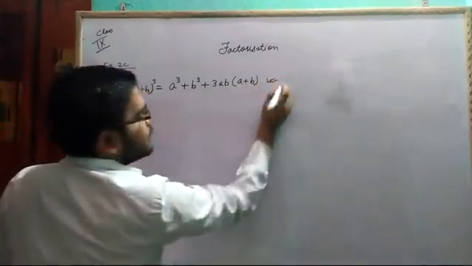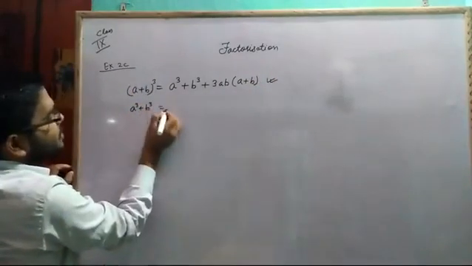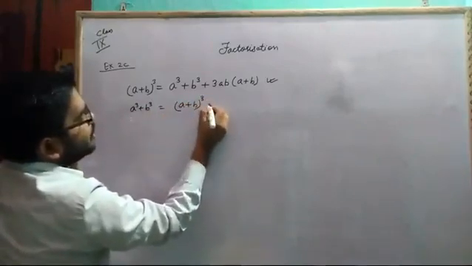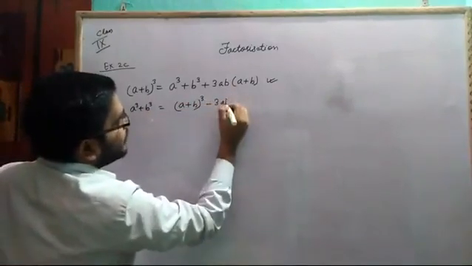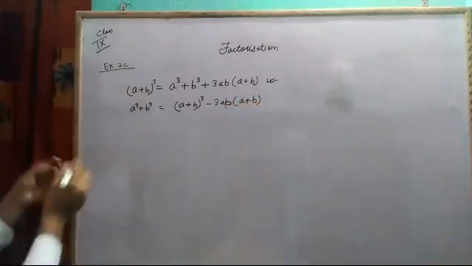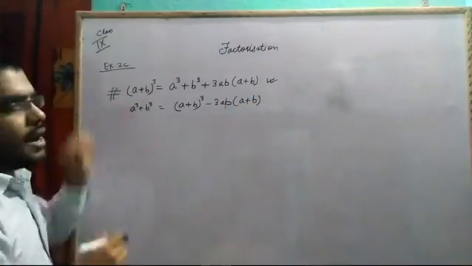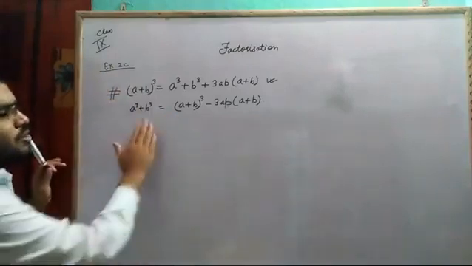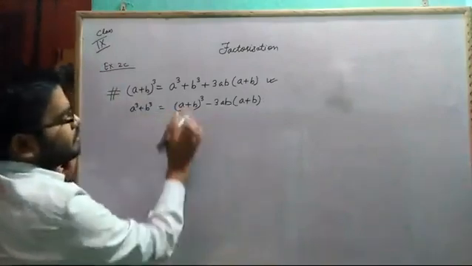This we always remember. But what is a cube plus b cube? This will be equal to (a plus b) whole cube minus 3ab (a plus b). How? This one all of us remember from class 7th onwards. We learn this by heart. But this formula we generally don't remember. We don't try to learn it by heart. Now how we have assumed, how we are going to simplify, we will see first.